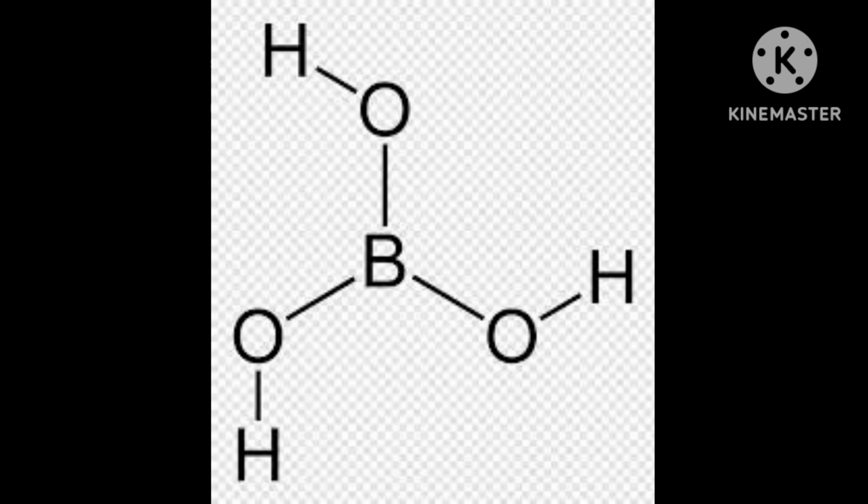B(OH)3 is easy to remember, but actually you can write it as H3BO3. Both are the same. Boric acid is a weak monobasic acid because H is there, so obviously it can donate the H. If it gives H+, then it behaves as an acid. Boric acid is a weak monobasic acid.